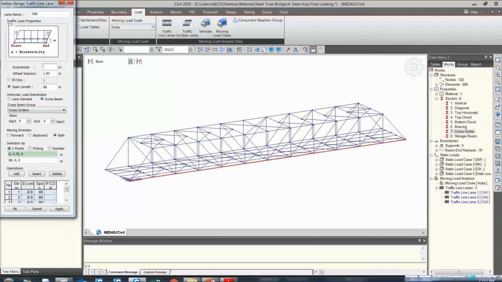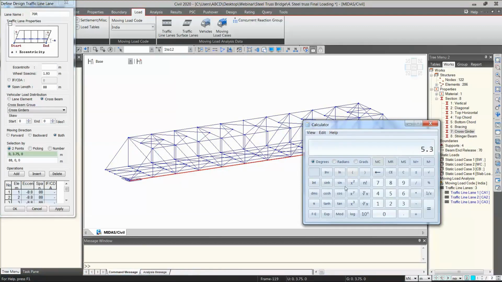So what was the eccentricity, if you remember? 1.8. Okay, so let me calculate it. 1.8 plus 0.25 plus 0.9 plus 1.2 is the clear distance plus 0.43, which would be half wheel width of 70R, which is 0.86 divided by 2. Okay, 0.43 plus 1.93 by 2.